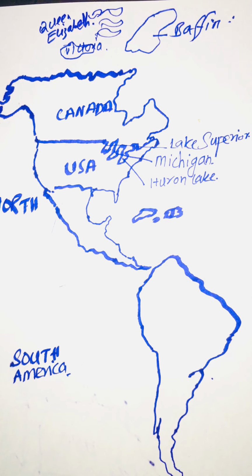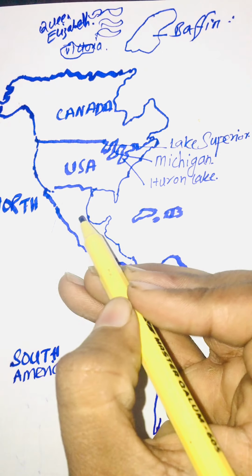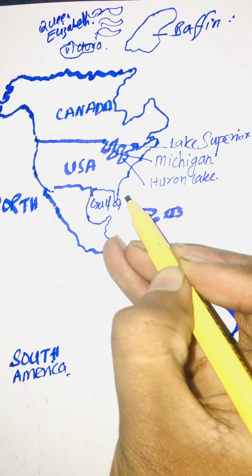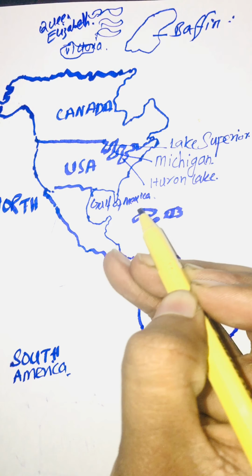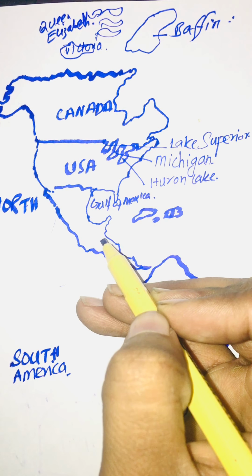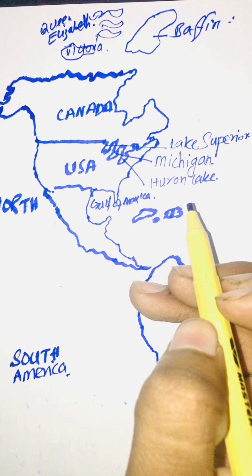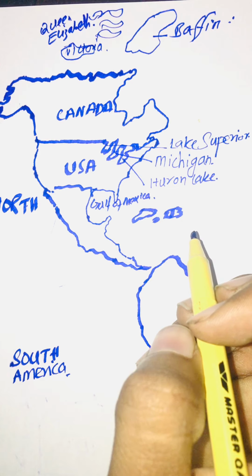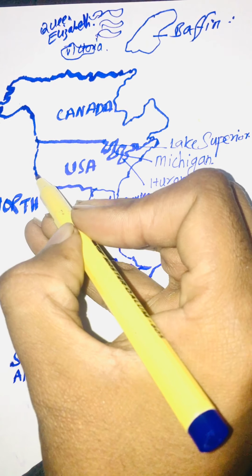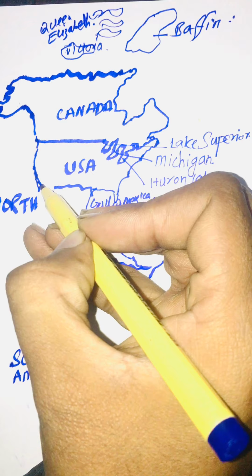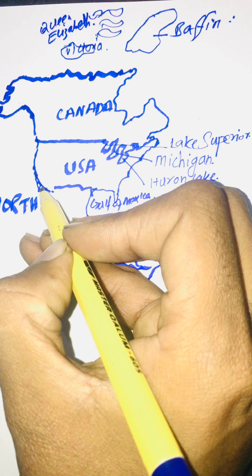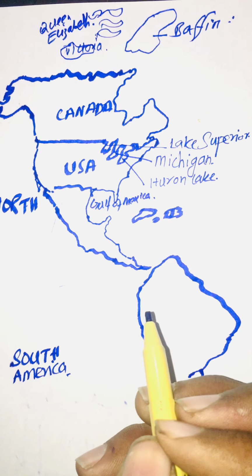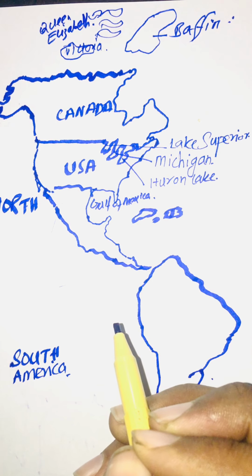So dear friends, this is the Gulf of Mexico. The largest gulf and a very busy gulf in terms of sea trades and sea routes. Here there is California, and there forms a gulf which is called the Gulf of California. There you have to make a tail-like structure here if you want to show the Gulf of California.